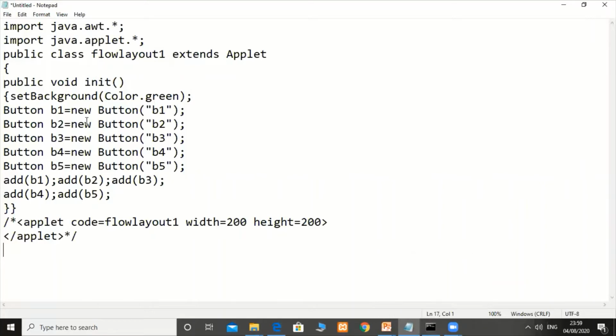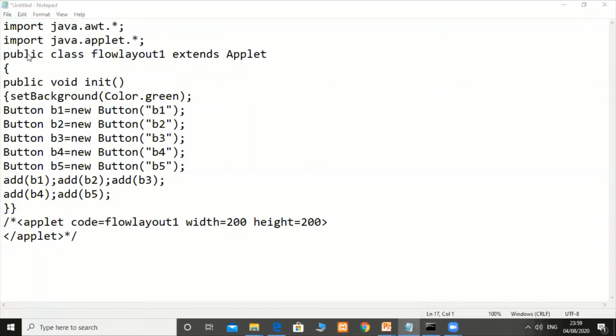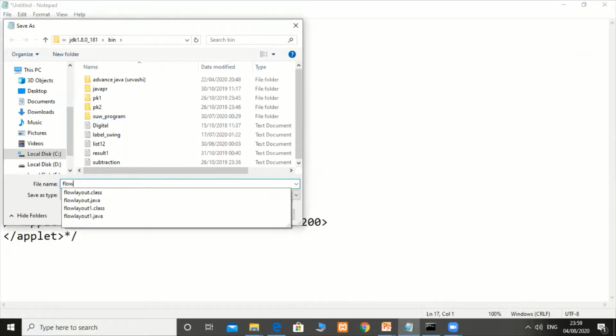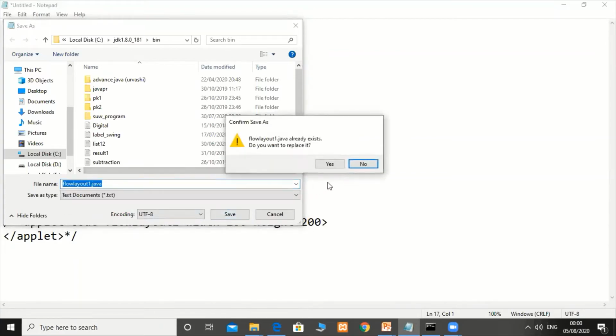First save this file with the name FlowLayout1.java. Then run this program.